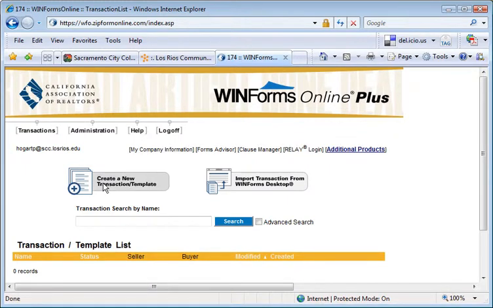Down below here is a button to create a brand new transaction or template. And if you already have a transaction you've created on your desktop version of WinForms, you would click this button here to import that. Down below, as you get more transactions as time goes by or years go by, and it becomes difficult to find a transaction, this is where you would search for it,